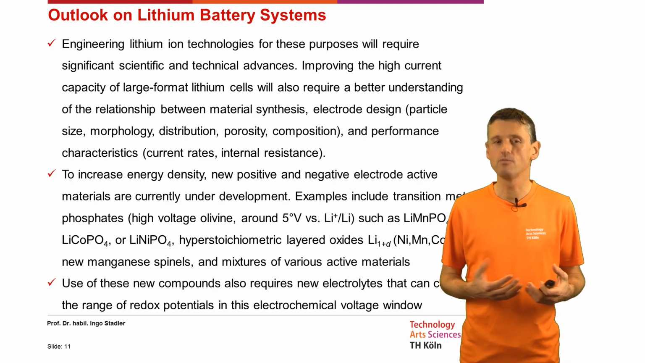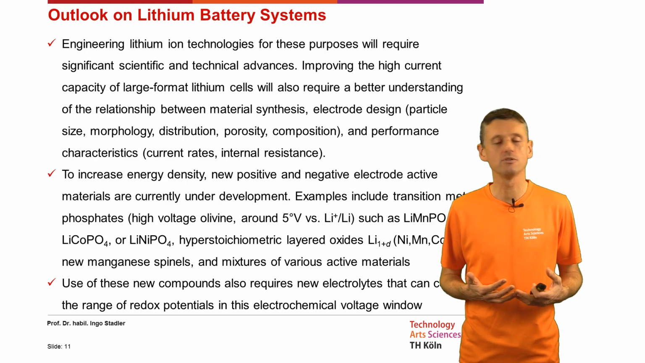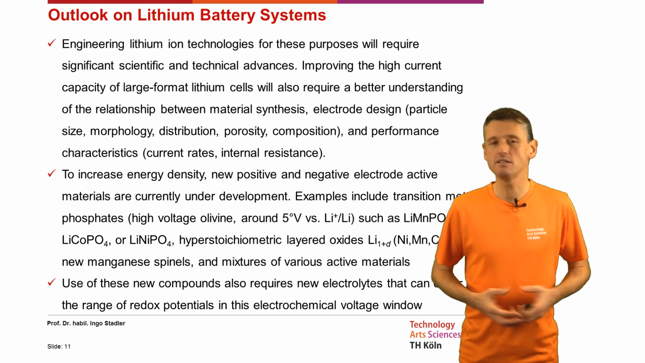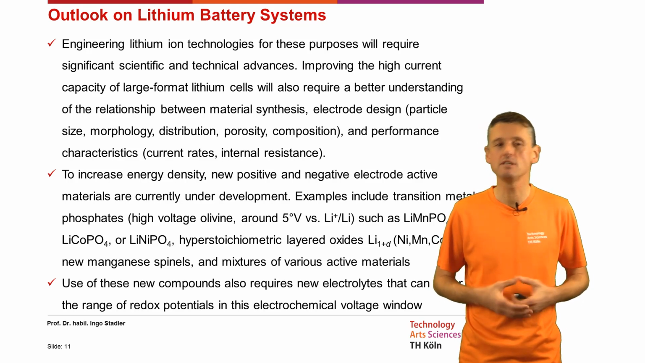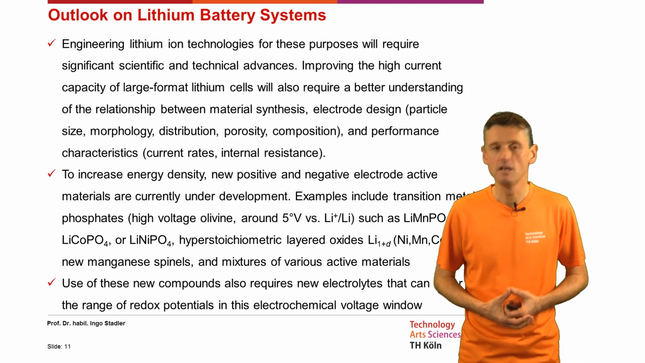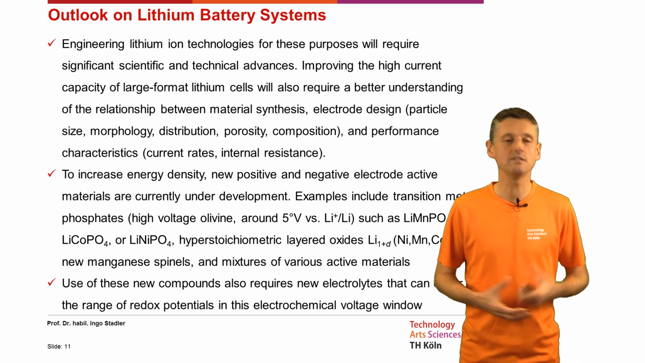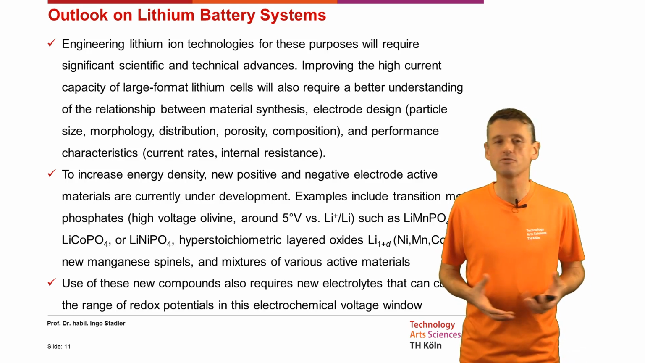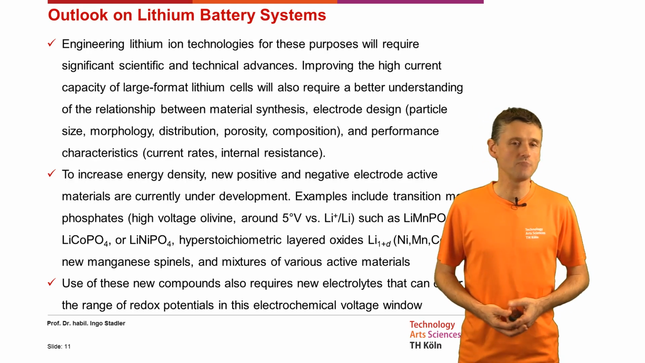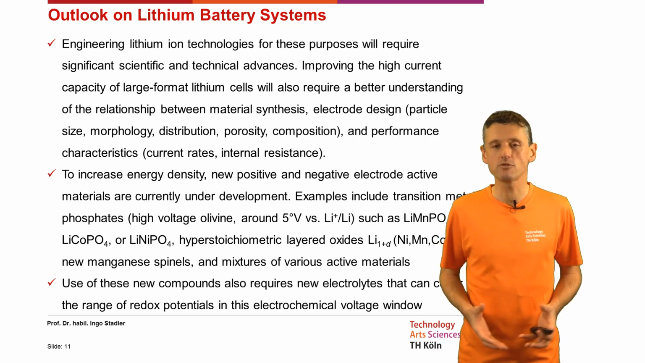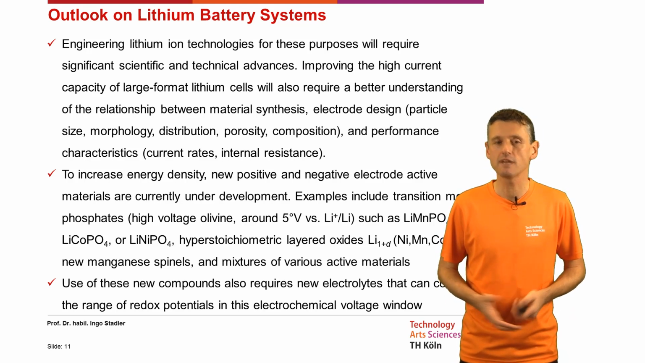So they have high voltage olivine around 5 volts, such as the lithium manganese phosphate, the lithium cobalt phosphate or the lithium nickel phosphate. Hyperstoichiometric layered oxides, new manganese spinels and mixtures of various active materials. Use of these new compounds also requires new electrolytes that can cover a range of redox potentials in this electrochemical